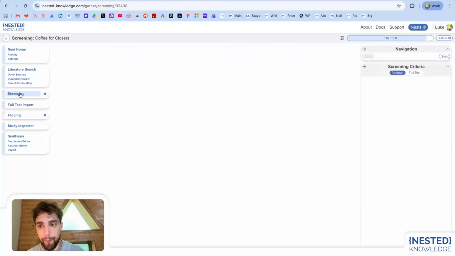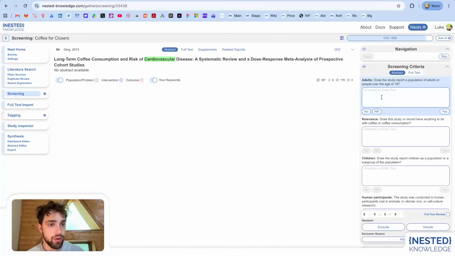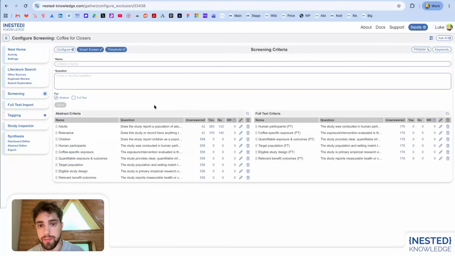To do this manually, you would go to screening and you can go right here. This abstract does not have any information available besides the title, but typically you could highlight the answer there or type it in and answer the question manually. Or the Smart Screener process will do that for you. These blue numbers are representing the amount of abstracts we have in this nest. There's 558 unanswered questions